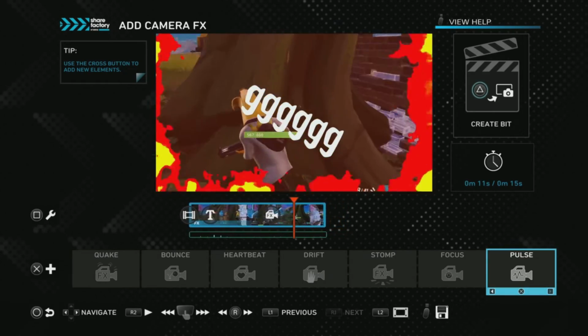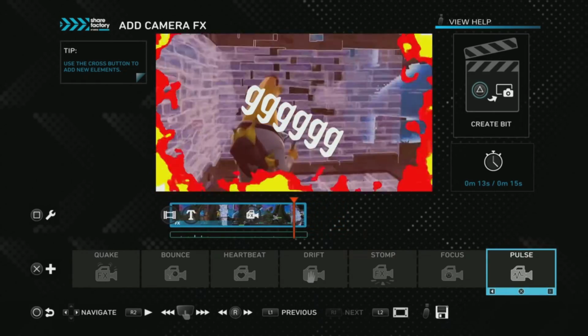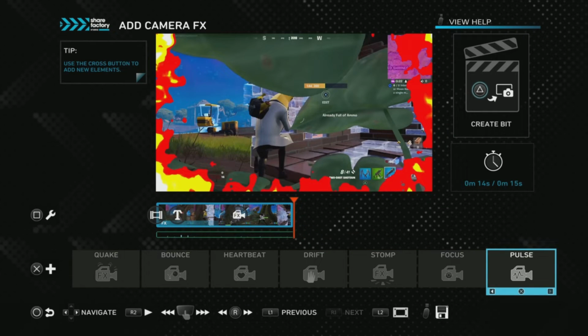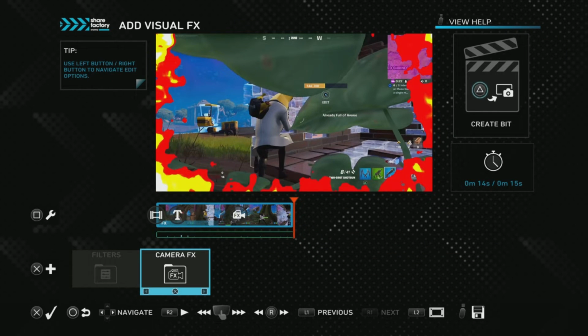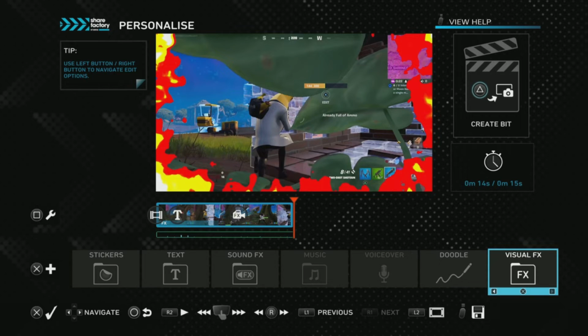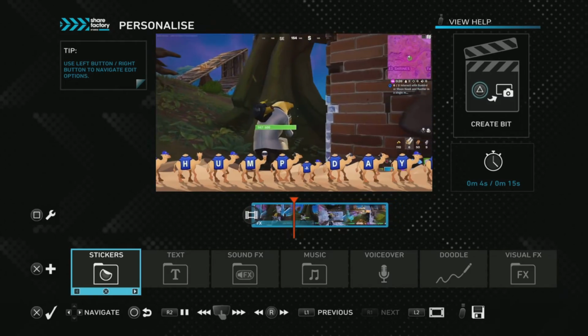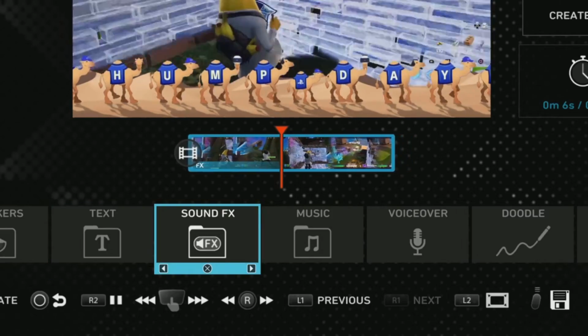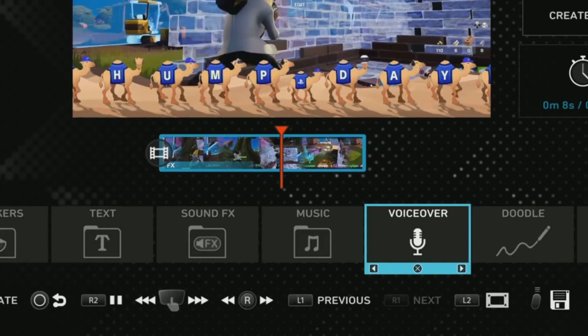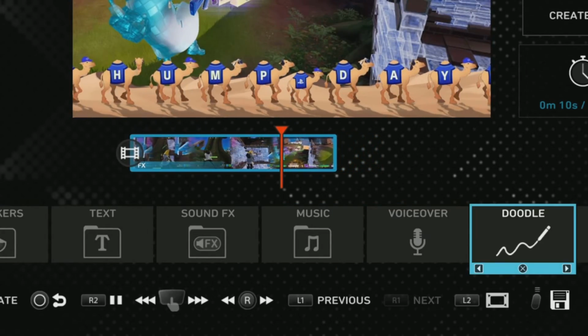One thing you really do need to remember is that you can only make the Share Factory bits video in one setting, so you can't save it and then come back to it the next day and carry on. You do need to get it all done in one go. I've just changed to another bits project to show that with some bits overlays you can use music and voiceovers, but not all of them, so be aware of that for sure.